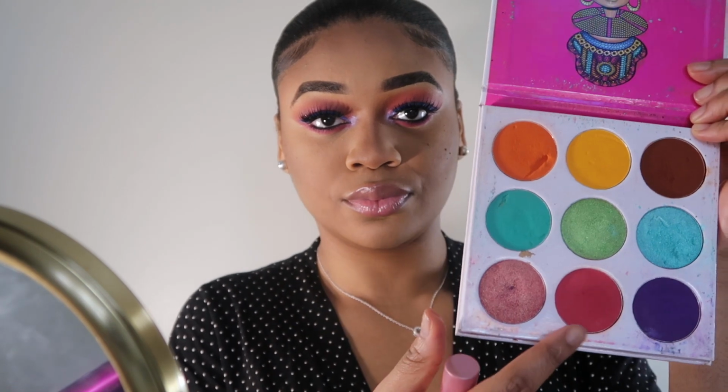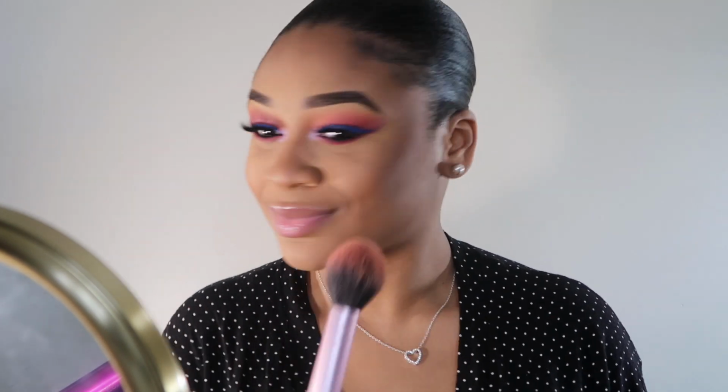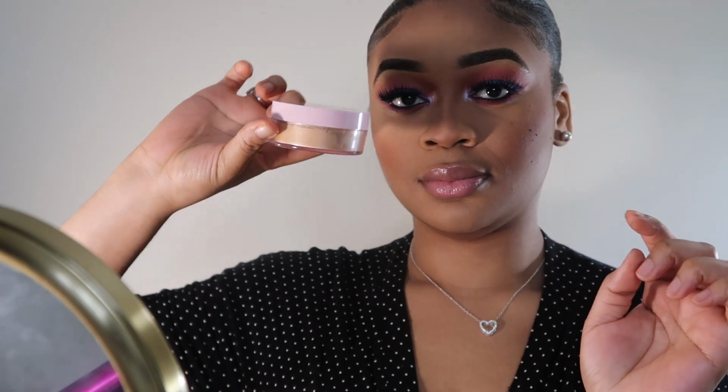I've really been feeling these two shades, this orange and reddish shade, on my cheeks. I don't know, they've been so pretty. The color combination together is so pretty as a blush color, so that's what I decided to use for my blush today. For my highlighter today, I'm going to be using Hard Candy Loose Highlighter from Instagram,